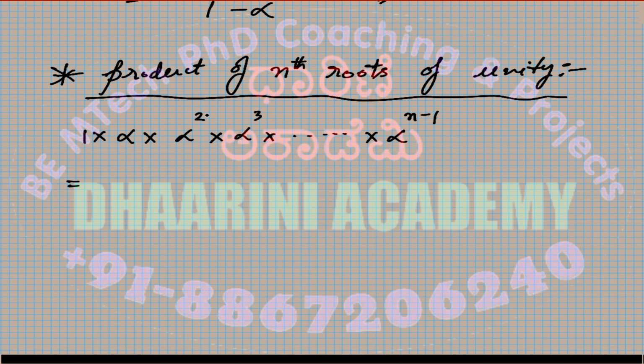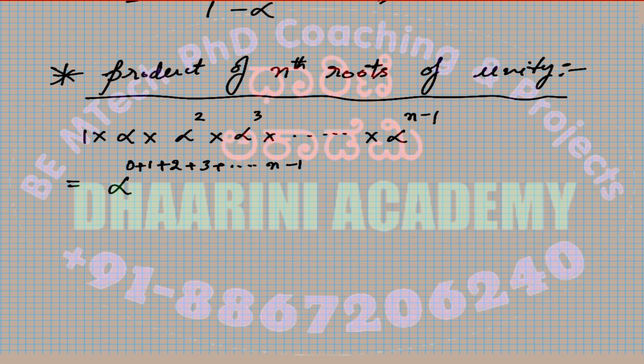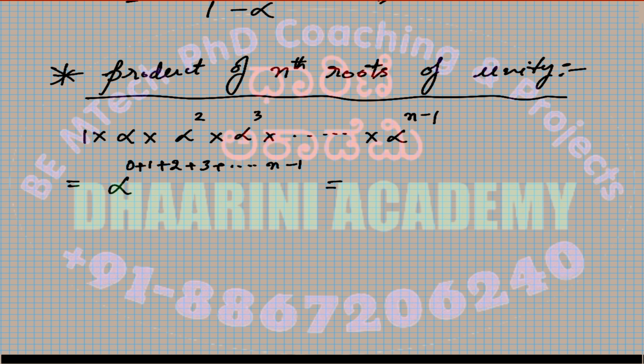Now I can write the first number 1 as alpha to the power 0. So this can be written as alpha to the power 0 plus 1 plus 2 plus 3 up to n minus 1. So you can see that the power is the sum of the first n minus 1 numbers, and it's actually an arithmetic progression. So what is the sum of the first n minus 1 numbers? It is alpha to the power